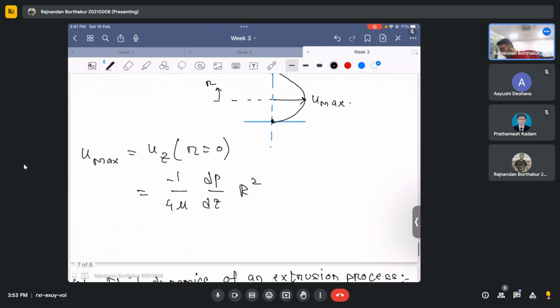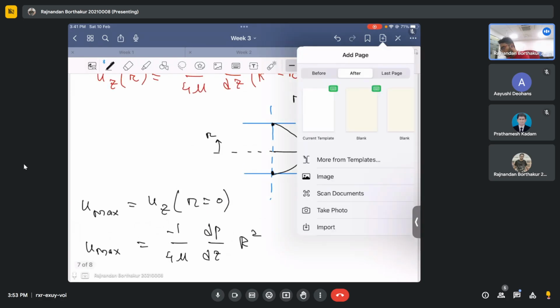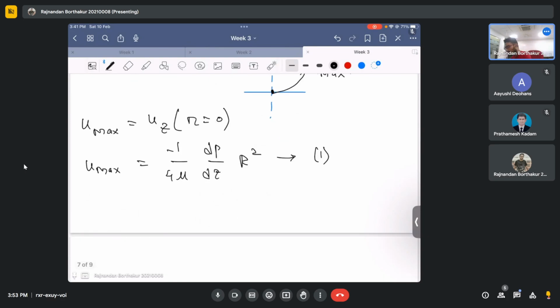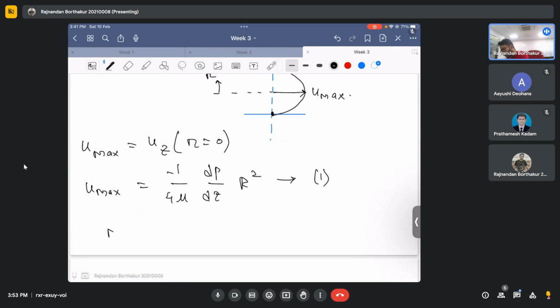But the thing is, we don't know what is u max, and we don't know what is dp dz. That's why we require one more equation, and that will come from the fact that the mass flow rate is known, as you have rightly pointed out. If you write the definition of mass flow rate, m dot, which is basically the mass flow rate of water through the pipe, it is rho times the area times